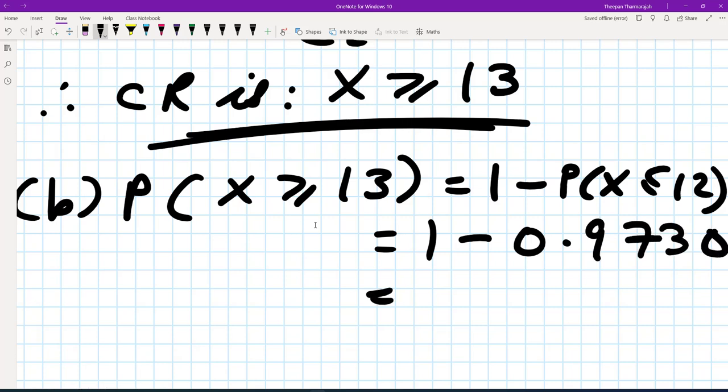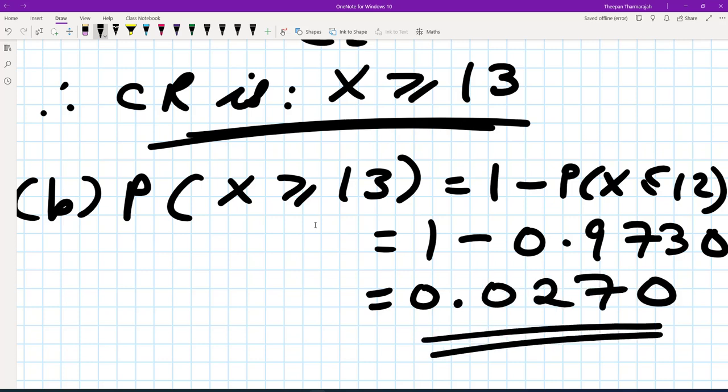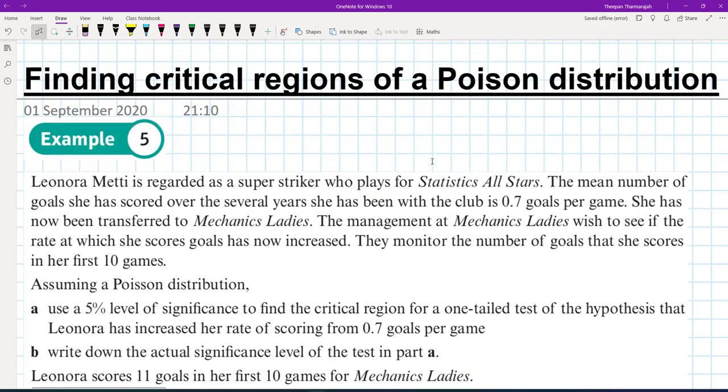And that's going to be equal to 0.0270, which is the actual significance level of the test. So now I'm going to go back to the question. The final part of the question states